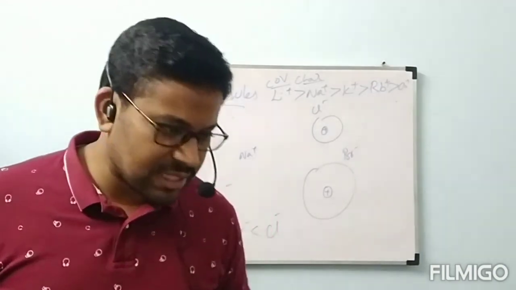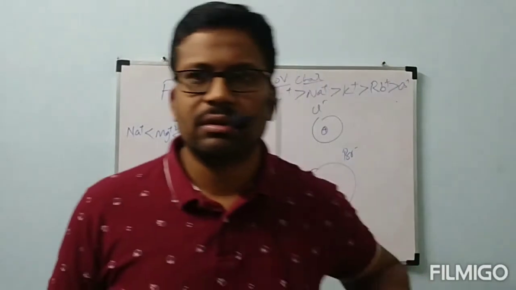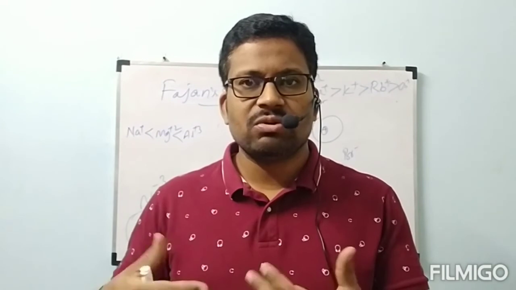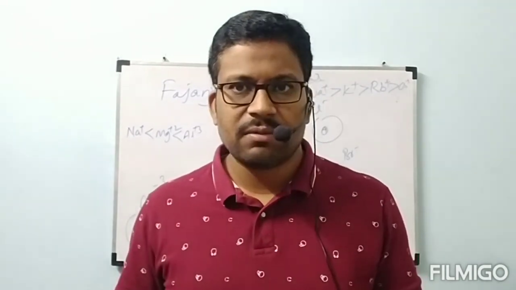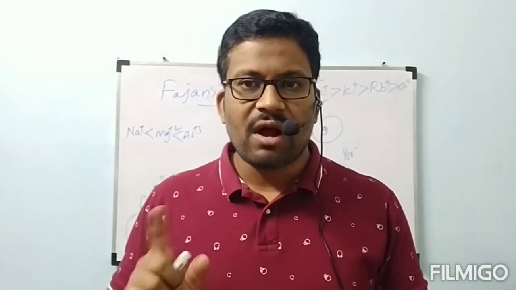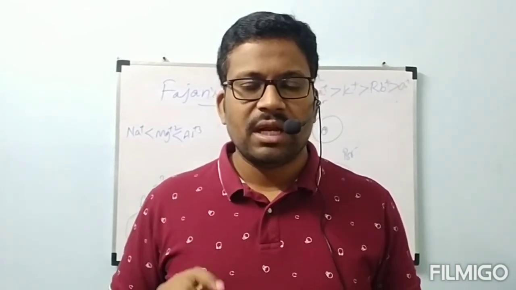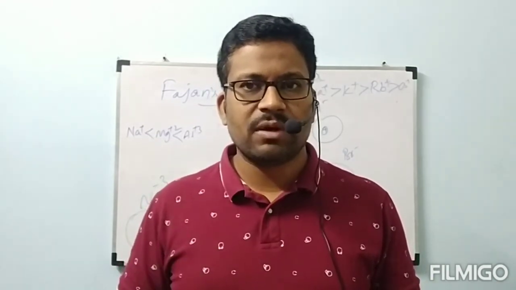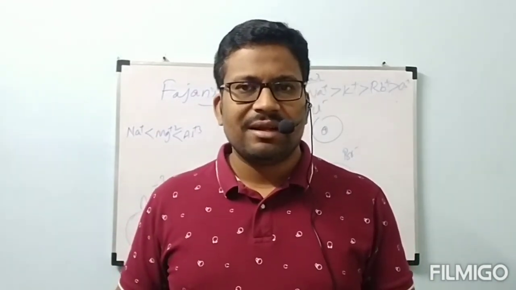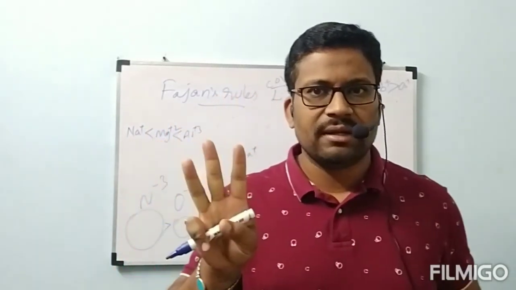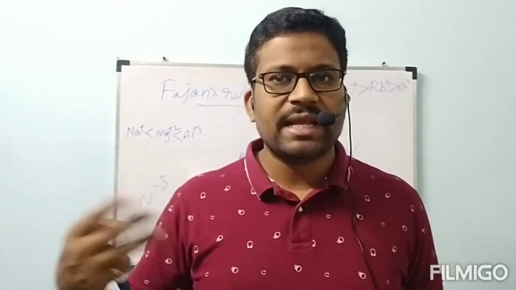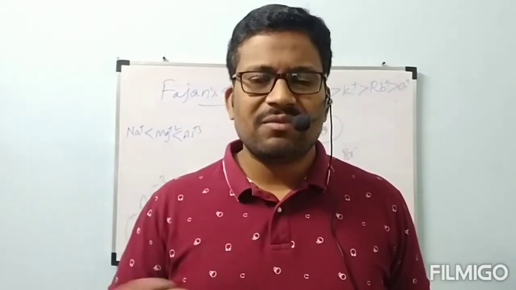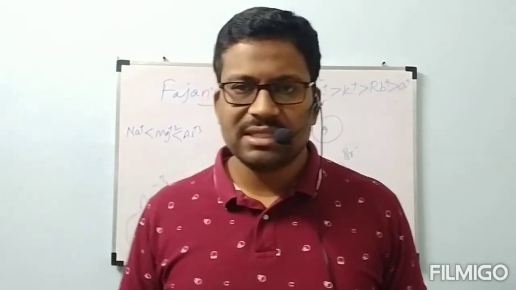And finally, formal charge. Regarding the formal charge, all of you go through it once. Oxygen, if it has a double bond, 2 bonds, one sigma bond and one pi bond, it has formal charge 0. If oxygen has 3 bonds, it has positive formal charge, plus 1. If oxygen has only 1 bond, it has minus 1. Like that, nitrogen can form how many bonds? Actually 3. If it forms 4 bonds, then it has plus 1. If it has 2 bonds only, it has minus 1. Like that, we can say by seeing the molecule itself. Formal charge is a simple concept only.